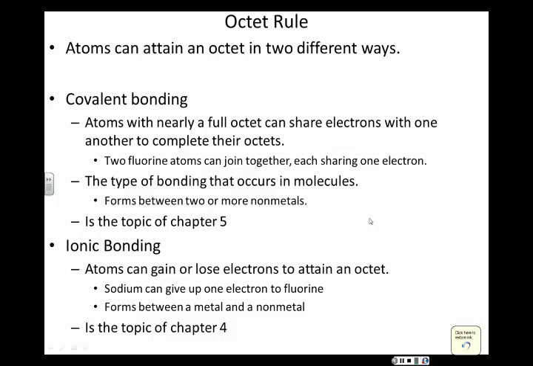We're going to talk about this exhaustively in this chapter. And that's really all I have to say about the octet rule. I want you to understand that in this chapter, Chapter 4, where we talk about ionic bonding, and in the next chapter when we talk about covalent bonding, the driving force, the octet rule, is the same. It's just that they're getting there different ways. But no matter what, atoms are trying to get electron configurations like that of their nearest noble gas.